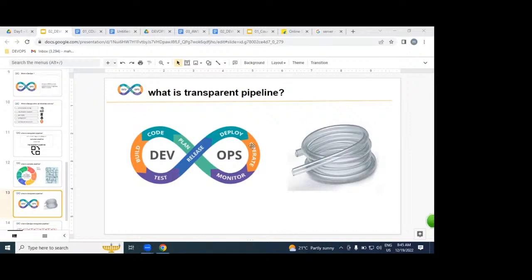What exactly are we going to be replacing, guys, please? We are going to be replacing a complex pipeline with a transparent pipeline. Why are we calling DevOps a transparent pipeline? Because it is transparent with automation in the middle. If you get any issue or problem, we can easily identify it and easily resolve it. But how does the actual DevOps process look like?